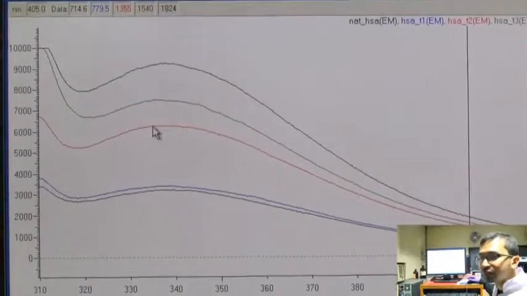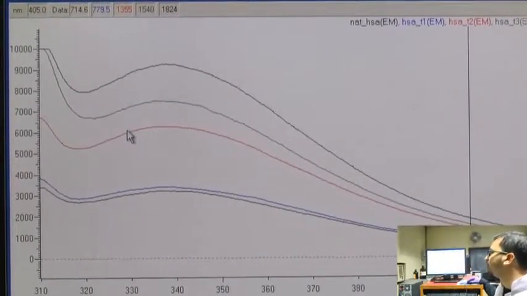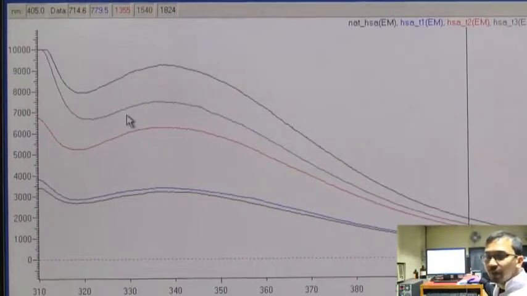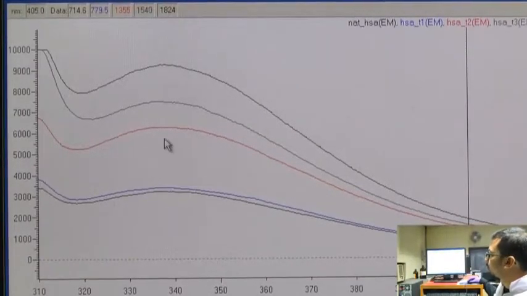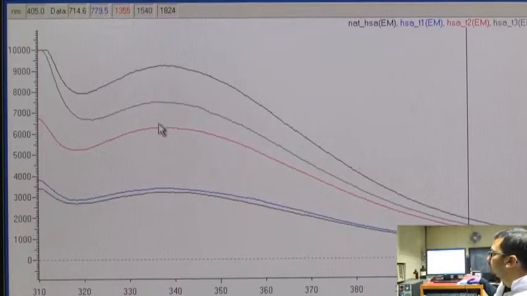So, as the temperature increases, protein denaturation might take place, and we can see the denaturation extent is much more here from the difference in the fluorescence spectra. Again, when we increase to 60 degrees centigrade, the fluorescence emission increases, and it increases to a greater extent at 80 degrees centigrade.